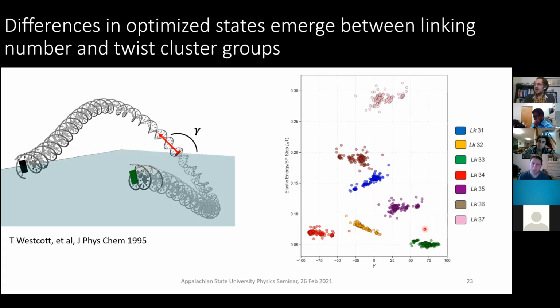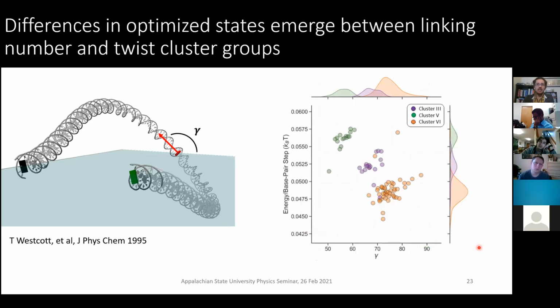But if you notice in that green region here, it seems like there's clustering in two regions. There's this side gap here on the left and this major cluster on the right. So we could go one step further and say, well, we know about these twist cluster groups, cluster 1 and 2, based on higher or under or over twisted clusters. Well, does that play a role in how the energies are dispersed? And it turns out it is.